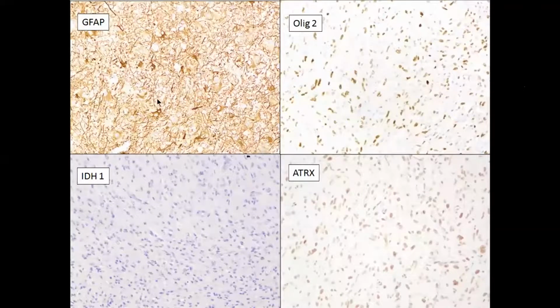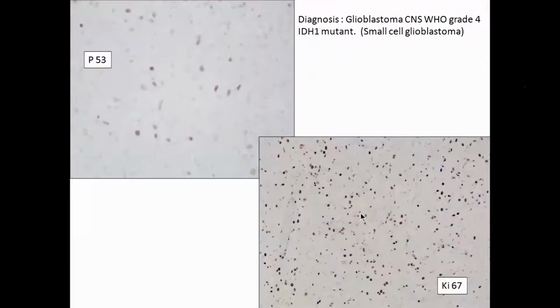GFAP is strongly and beautifully positive in filamentous thread-like structures. This is OLIG2, which is positive, IDH1 is negative, and ATRX is retained. P53 is wild type, and Ki67 is again high. So this is the case of the small cell variant of glioblastoma, which is showing monomorphic cells with oligodendrocyte-like morphology, branching vessels in the background like chicken wire vessels,